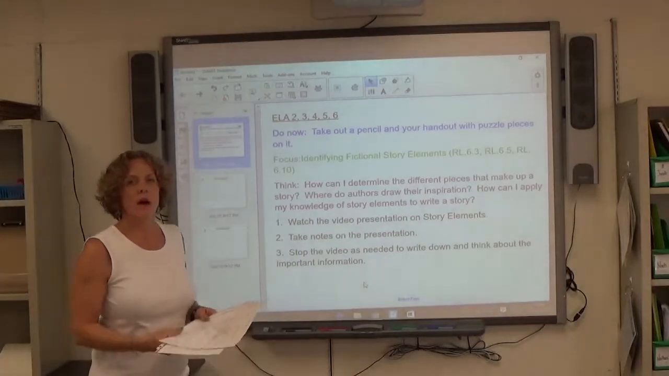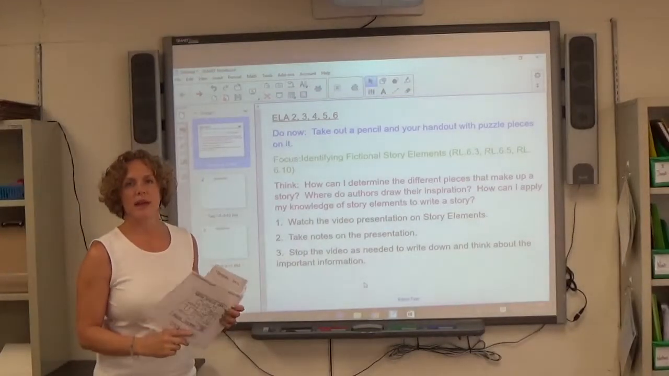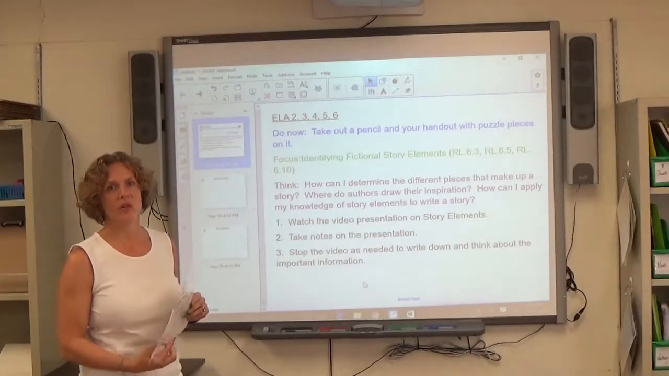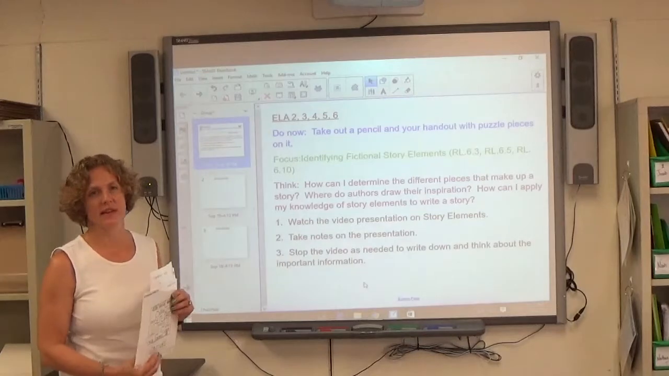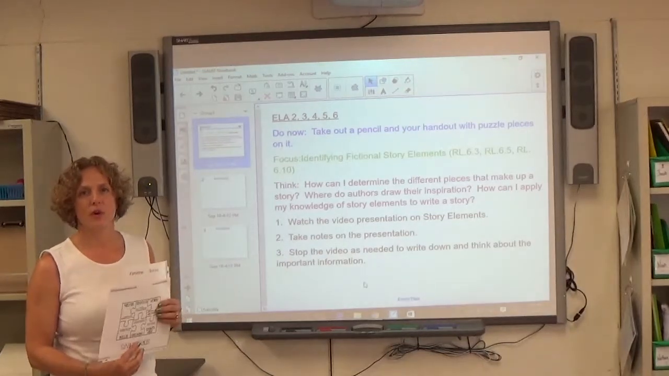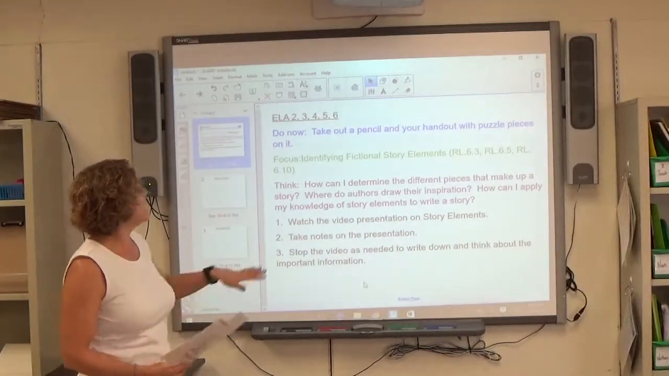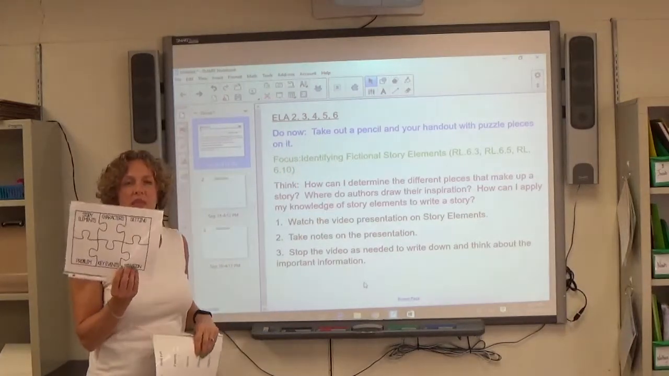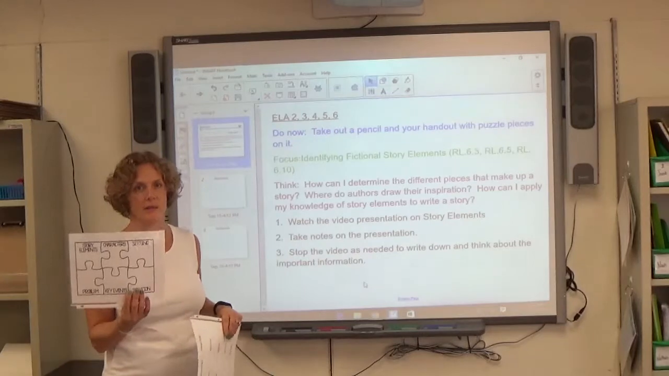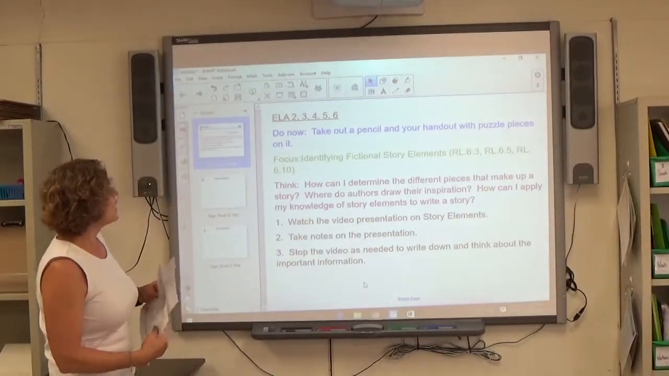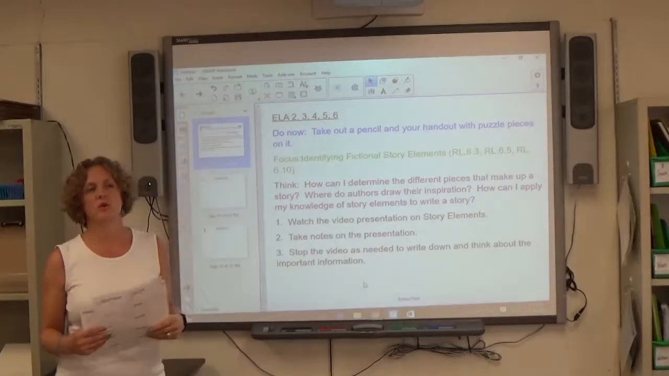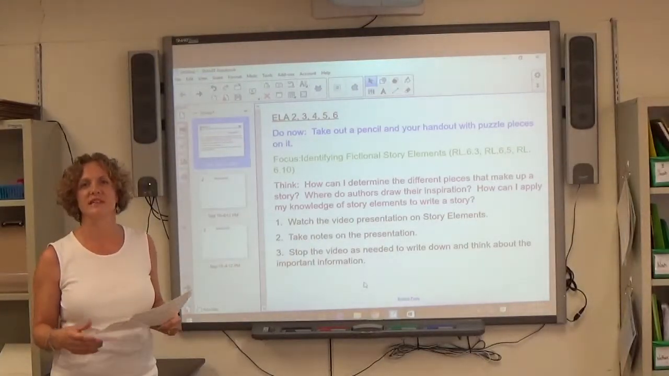Hello everyone. Today we are going to take a look at what makes up a fictional story. So we will be looking at story elements during today's lesson. What you will need for a successful lesson will be a pencil and the handout that you've been given with the puzzle pieces that lay out our story elements. Our focus for today is identifying fictional story elements, so our focus is going to be on fictional or pretend